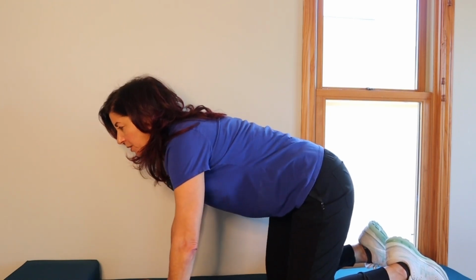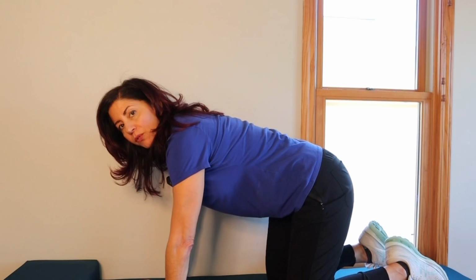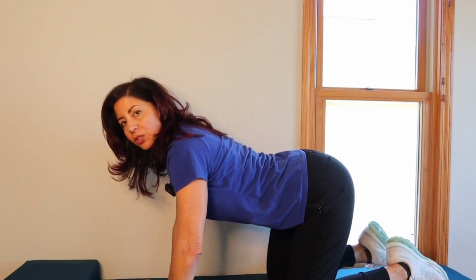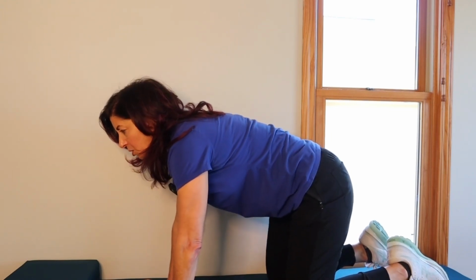Now I can feel this. I was stiff this morning, and now I'm actually feeling like I'm working into it, and I can move higher and I can move a little lower, and you can even see that too. The first one I did, I couldn't get this arch in my back. So that's really the simplest thing that you can do if you're waking up with stiffness and tension in your